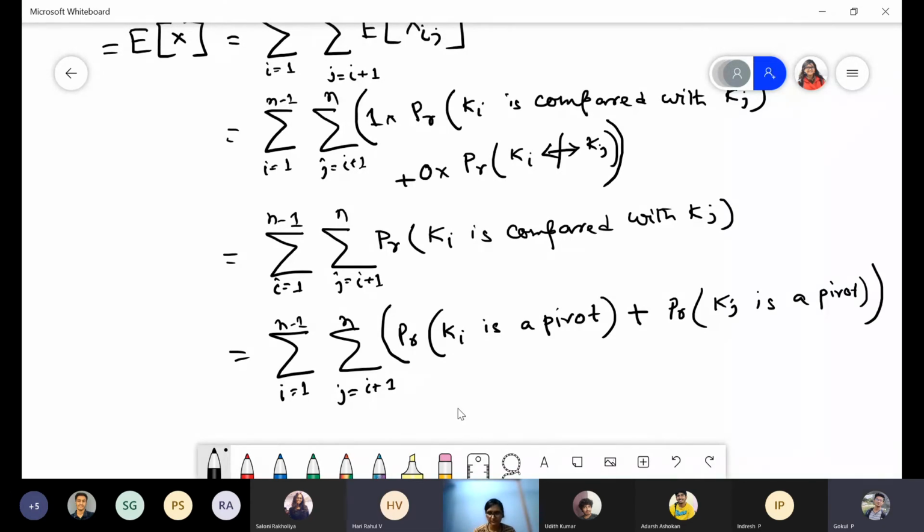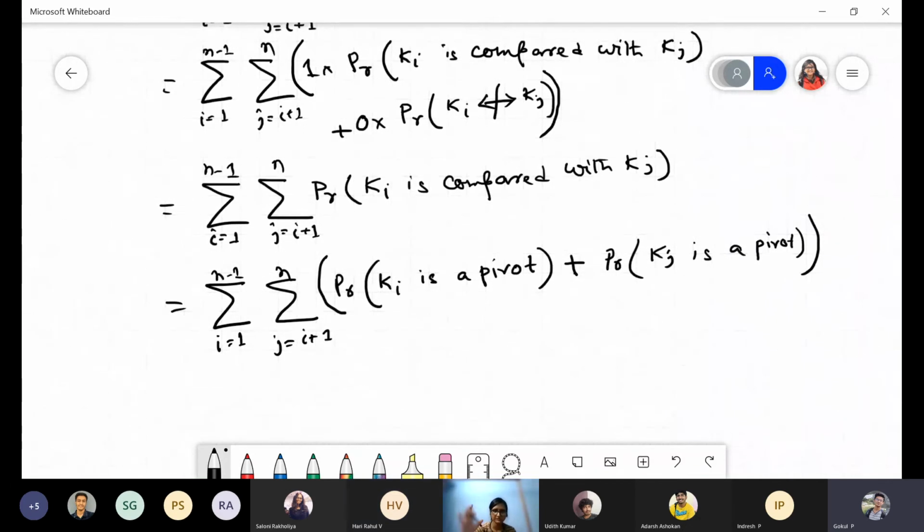On that indicator, but neither won't be the pivot, no, ma'am, because we are taking the first element to be the pivot, and that's why we wrote i is from 1 to n minus 1. Yeah, but here we are considering expectation. Expectation means we are considering all possibilities. So either this can happen or that can happen, but together everything has happened for all possibilities. If you take the whole scenario, ma'am, why are we taking i from 1 to n minus 1, ma'am?